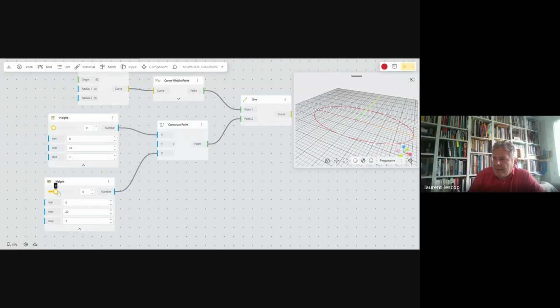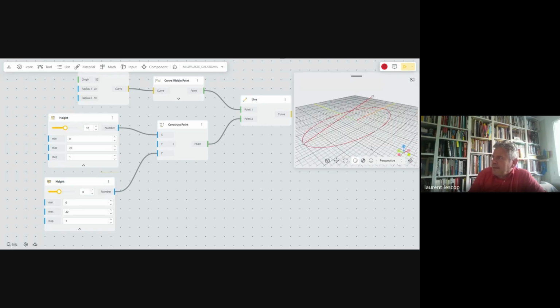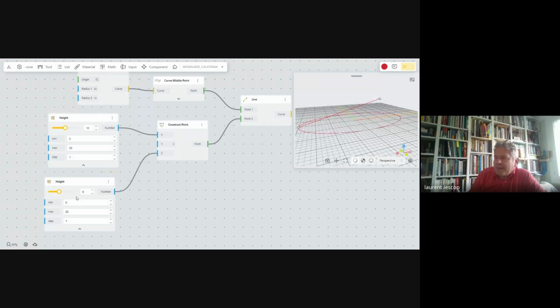Okay, so I will go up to 10. And this is the base of my structure. A bit higher up. Okay, so this is going to be an inch.